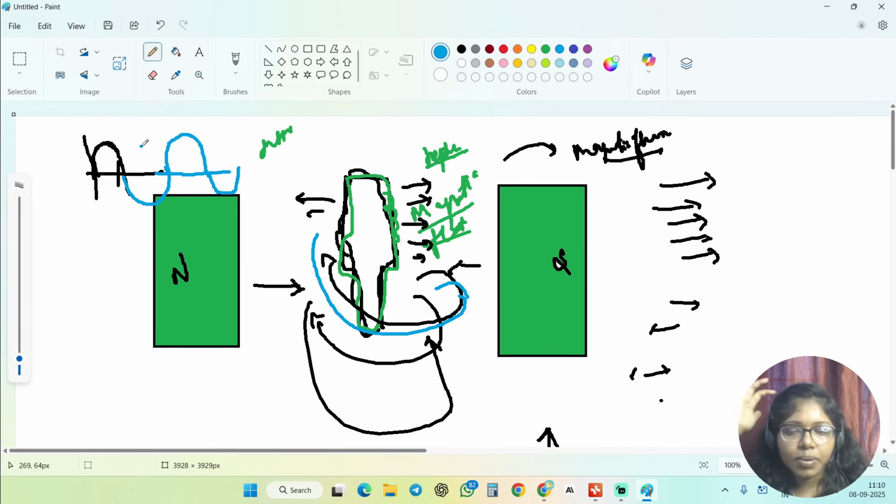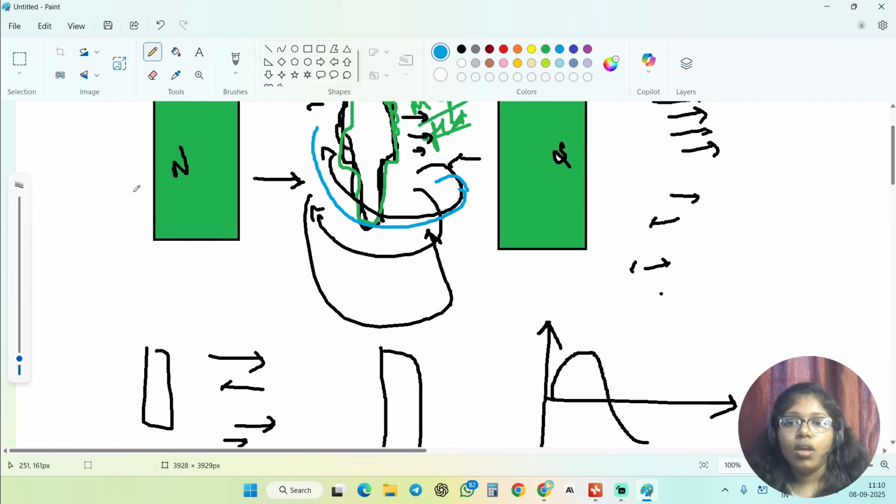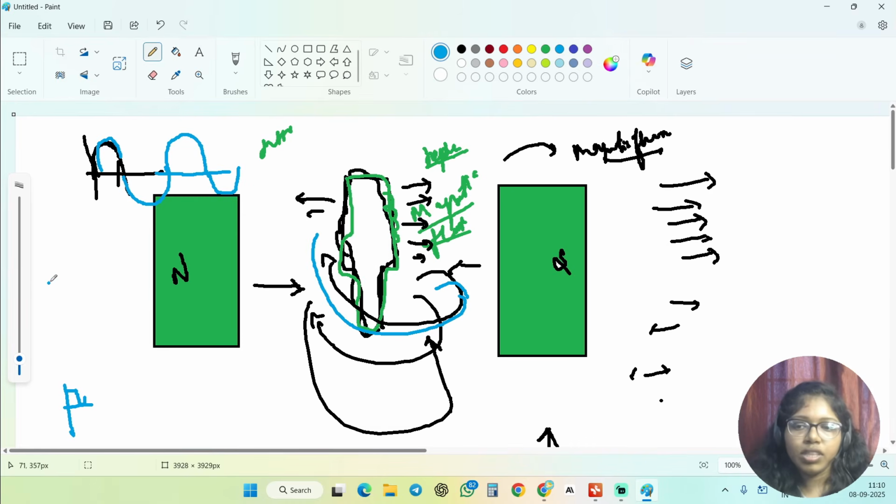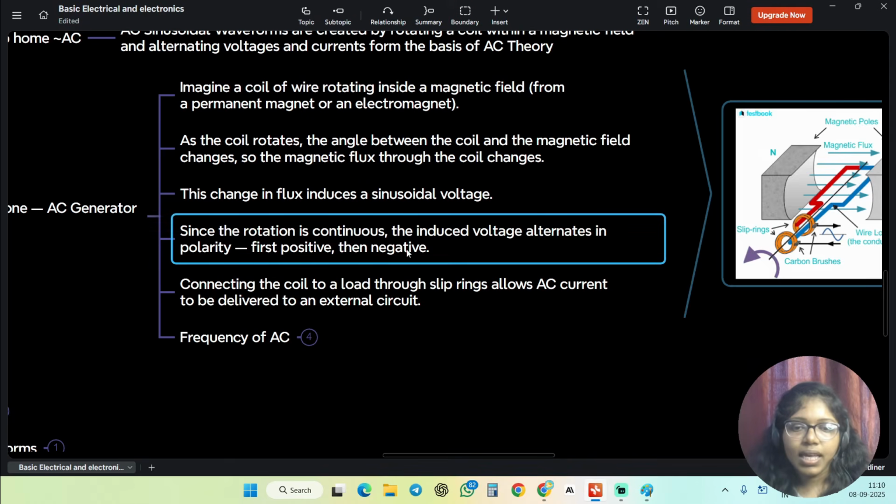So why do we need to represent this form? Because of this sinusoidal wave, because that voltage is continuously changing. We can also represent it in square or different waveforms. But here we can easily calculate with the help of the sine operation, so we are just using the sinusoidal wave here. And in this scenario,